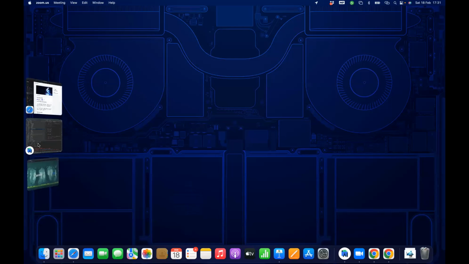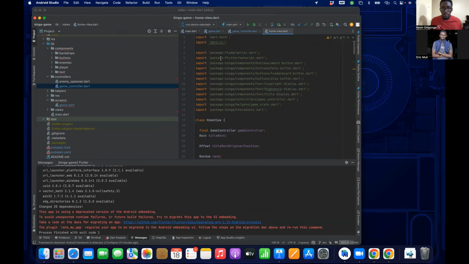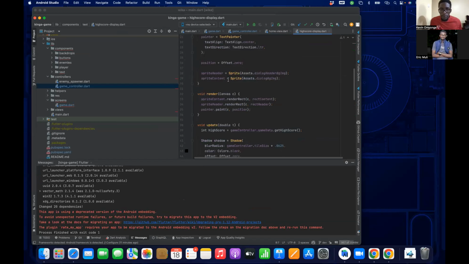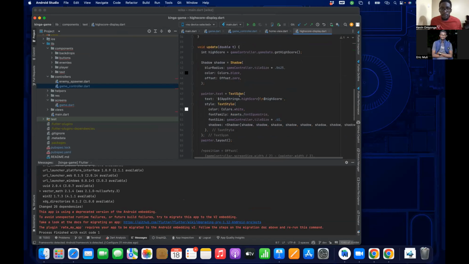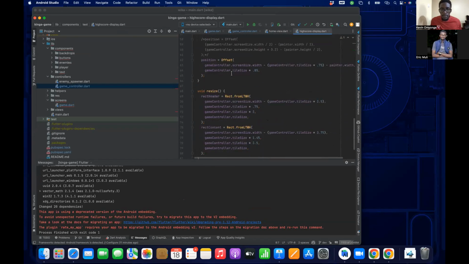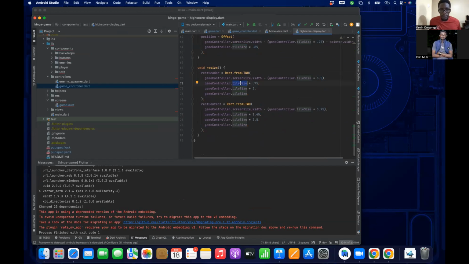Okay, let me just finish this part. Yeah, so now with the high score, I'd have to set the position, all of it, font size, and everything. So I had to use tile sizes.